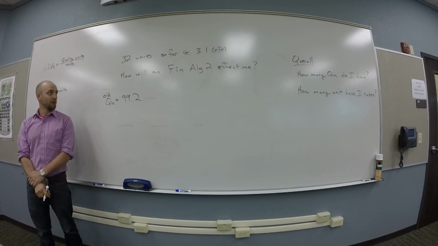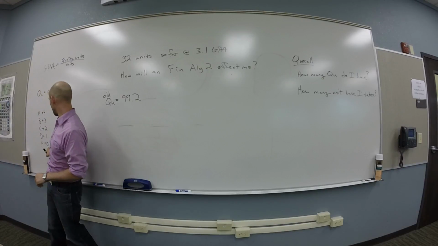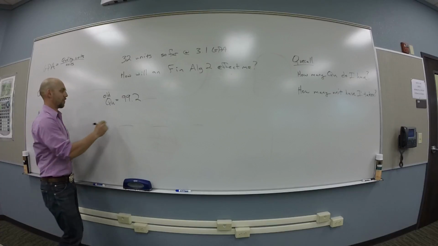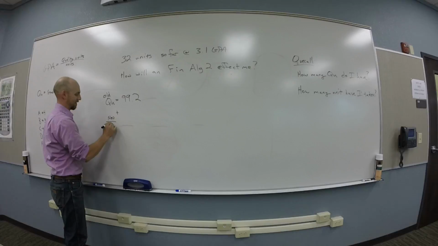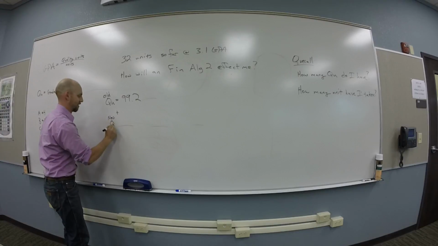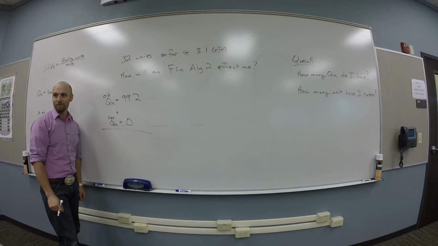How many quality units am I going to earn getting an F in Algebra 2? 0. Right? F's are 0. So, plus new quality units, which is 0, gives us a grand total of